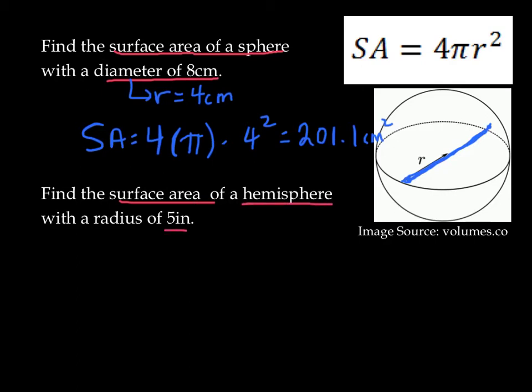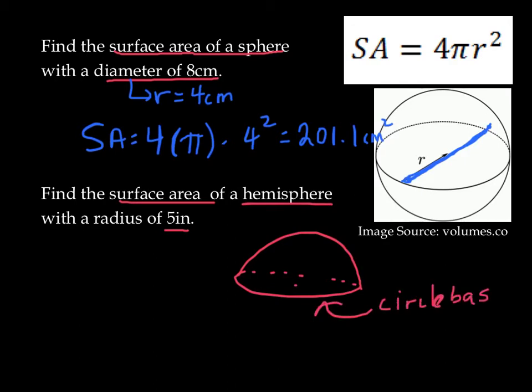Okay, for a second question here, we want to find the surface area of a hemisphere with a radius of 5 inches. Now, what is a hemisphere? Well, it's a sphere that has been cut in half. So we have the spherical end of things, and then I've come and chopped it in half. And so I actually have a base that's a circle